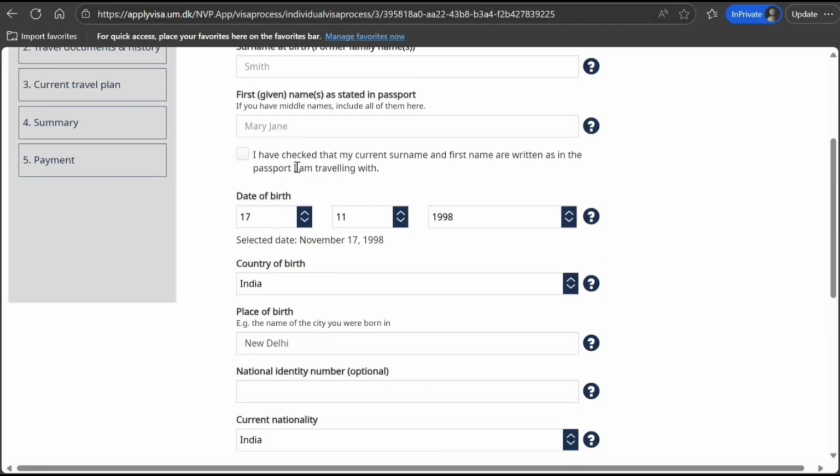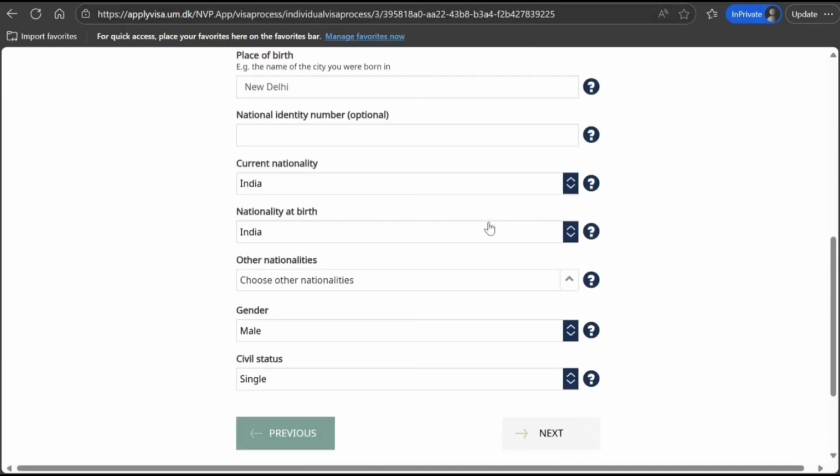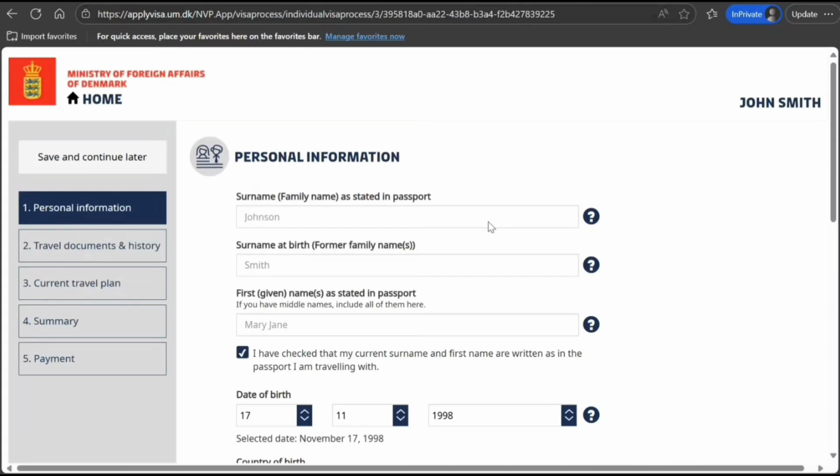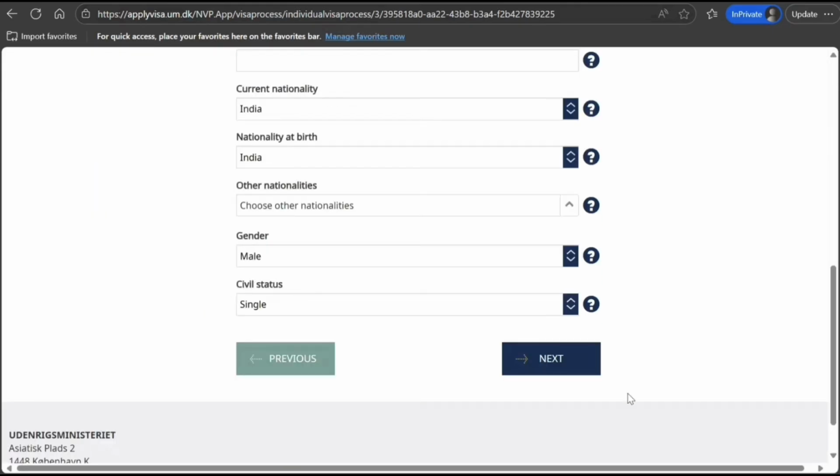I have checked that my current surname is written in the passport. Okay, yeah. This you have to. Still. Wow. What am I missing? Oh, I have to return. Sorry. Maiden name or surname. Sorry, I have to apologize, guys. Surname Smith, family name. Now it's